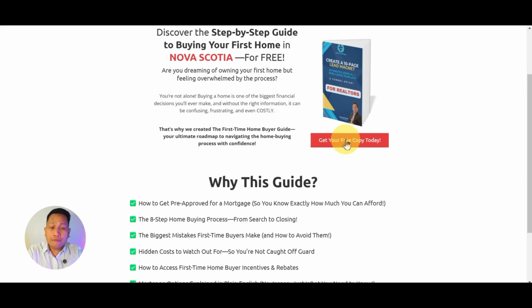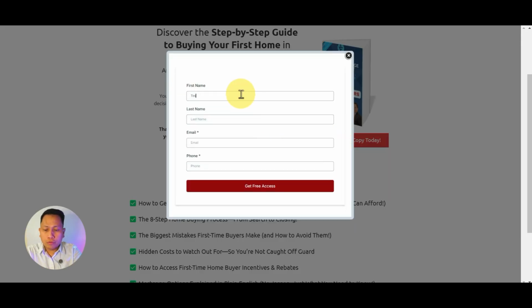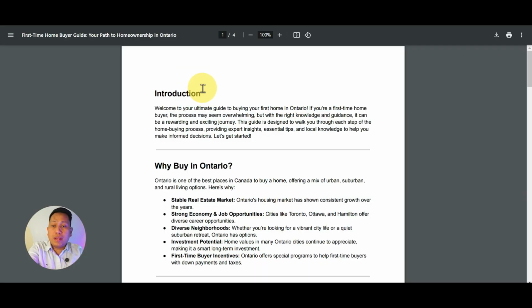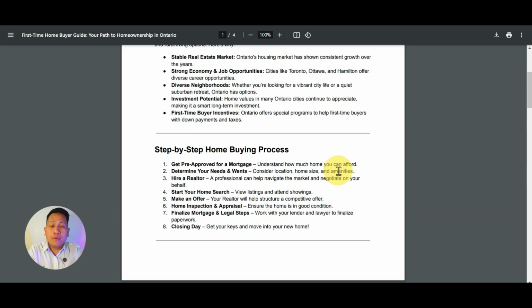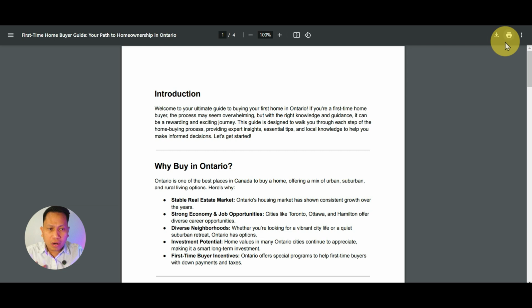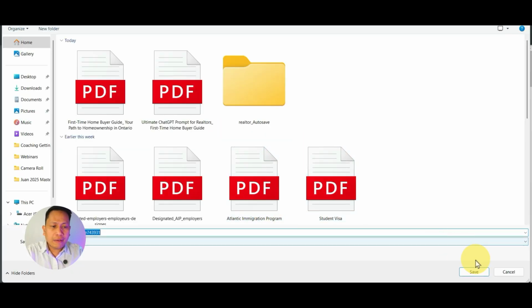Here, if I'm interested, for example, I'm a customer, I'm going to try it. Testing, testing at gmail.com. See, got free access. And after this, it will be redirected to the PDF. So what's the good thing about this? If I am the home buyer, I am your customer, I can simply download this. Very easy, right? Super easy. I can download this and it will be saved to my drive.